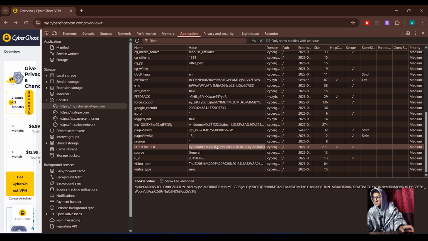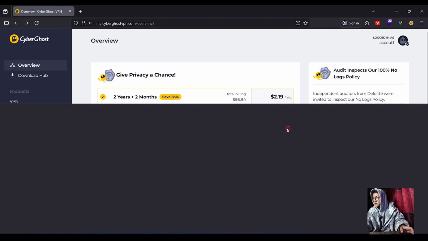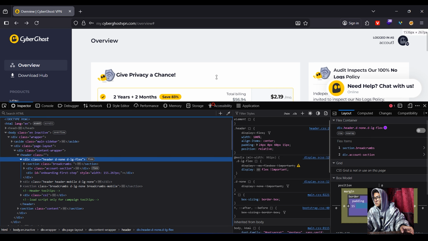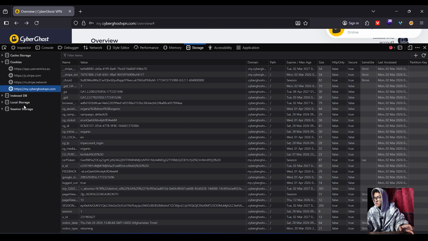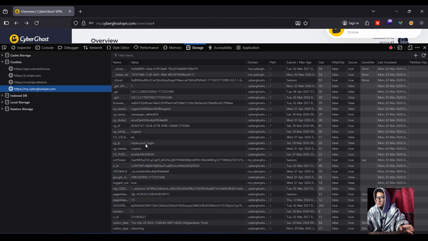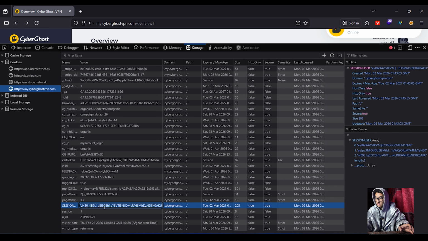Copy this and open the account 1. Go to inspect, and in here go to the memory storage. After, find the cookie of the CyberGhost. In here scroll down, and under Session, delete the cookie of itself and paste the